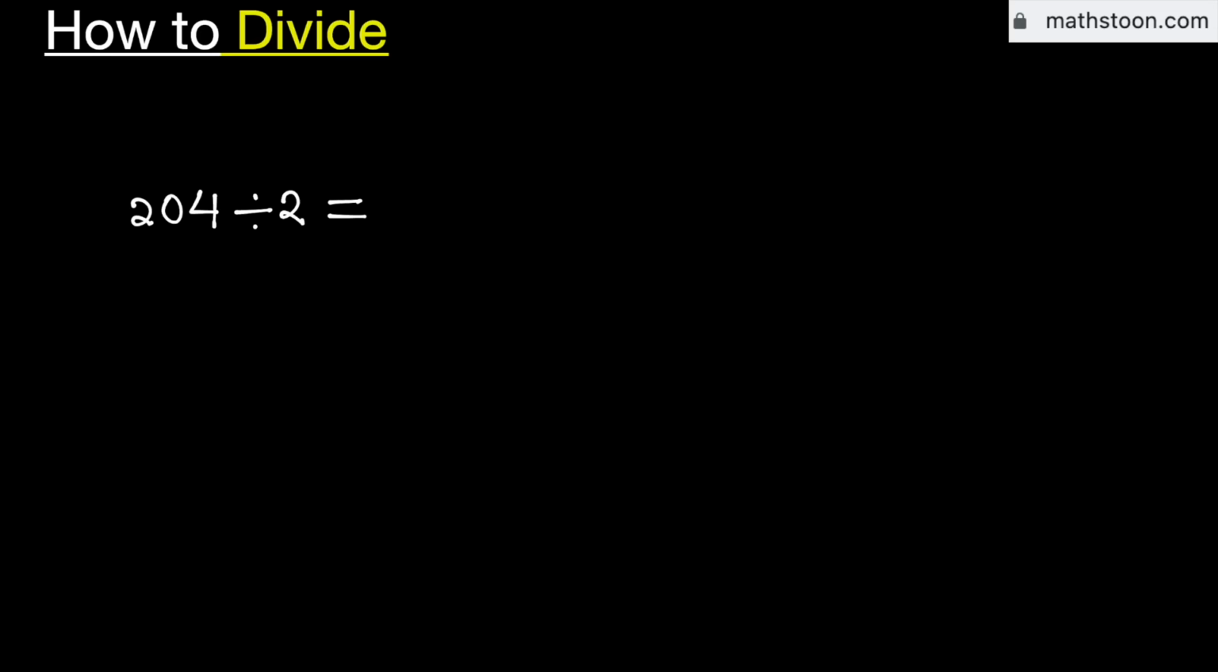Let's learn how to divide the number 204 by 2 using the long division method. Consider the first digit 2. We know that 2 times 1 is equal to 2. Subtract, we get 0. Now this 0 is less than 2, so we need to bring down this adjacent 0